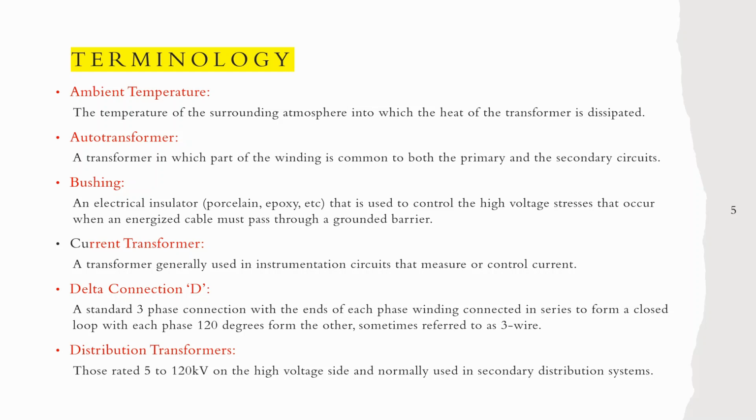And then distribution transformer: those rated 5 to 120 kV on the high voltage side and normally used in secondary distribution systems. So this is a part of our terminology, and there are so many terminologies. Okay. Now, next,